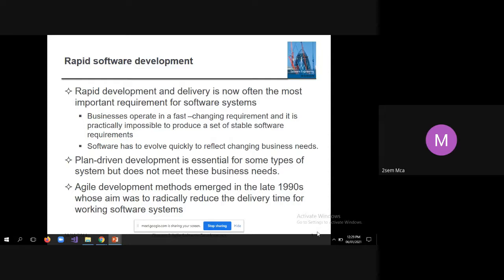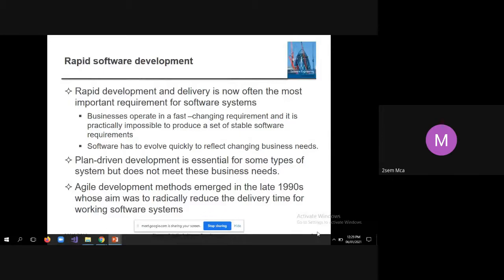That code we will reuse. Reusing the code is one aspect, and another aspect is to use IDEs wherein you can, just by dragging and dropping, develop the GUIs so that the code will be generated automatically. Such IDEs we need to use so that we can do rapid software development. That's the concept of rapid software development.